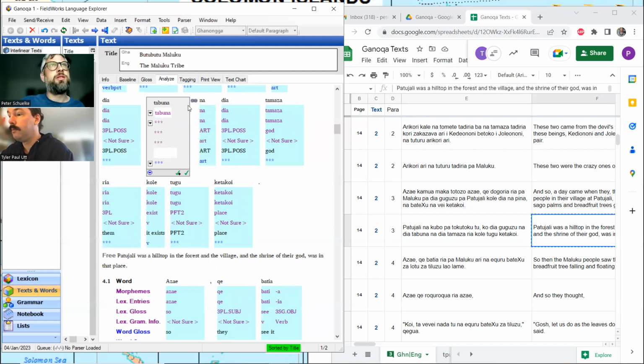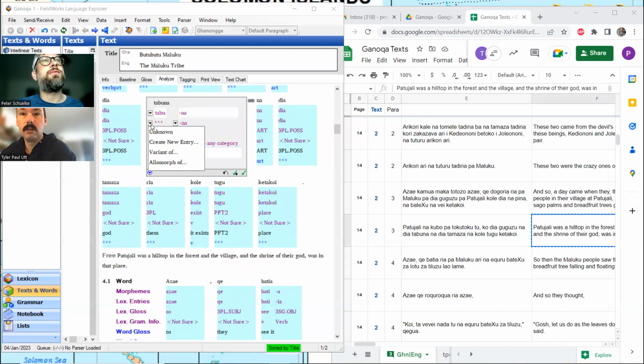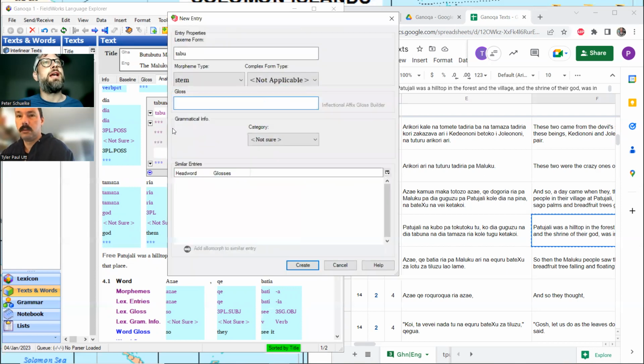I'm going to put a na there, dash that off, and create a new entry. How do you spell taboo in English? Two B's? Double O? But I don't think that's a good gloss because our English word means inhibition. I would just call it sacred place. I'm going to call it sacred, because I'm betting the na is more like a possessive that is also working as agreement. It has more to do with the sacred thing of the, so it might be place related, might not.